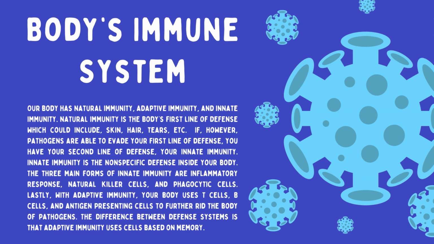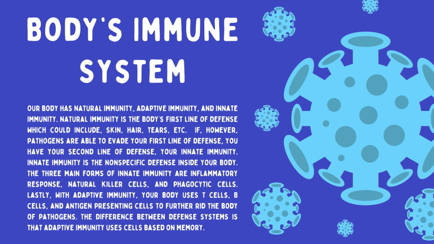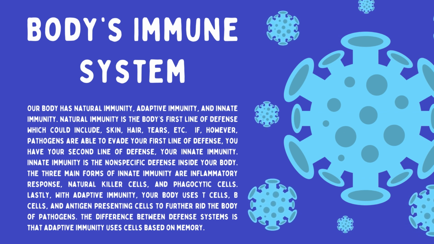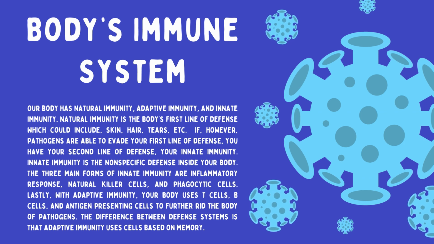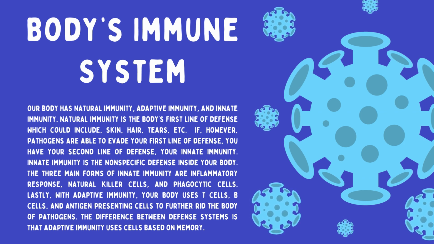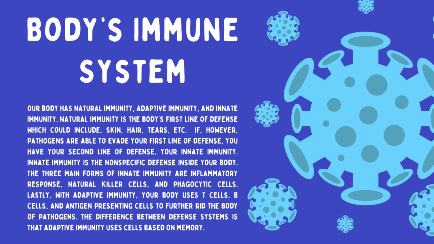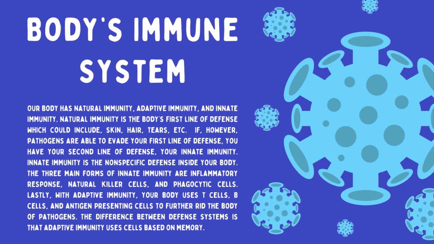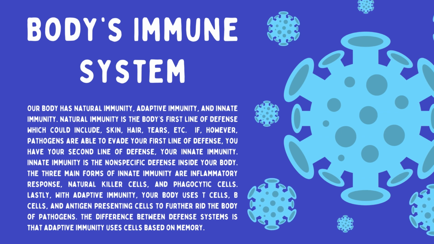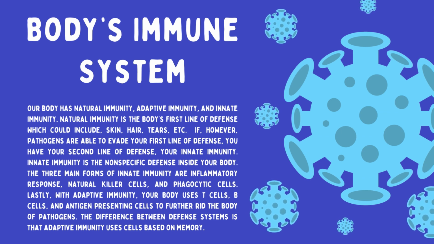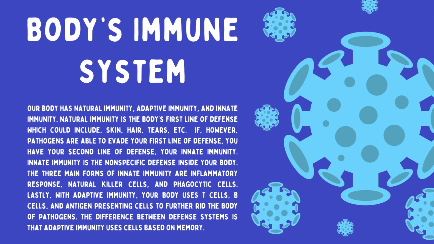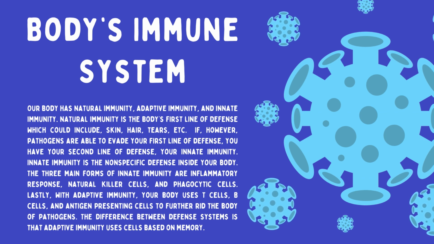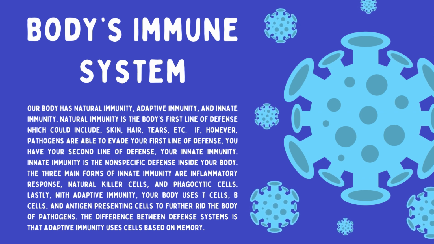So with the inflammatory response cells, those are just going to cause an increase in blood flow to the area of infection, which is where we're going to see more basophils, neutrophils, things like that are going to help get rid of that pathogen. And that's also why usually when we are infected in that area, you're going to see a lot of swelling, redness, and it feeling a little more throbby because there is more blood flow going to that area.